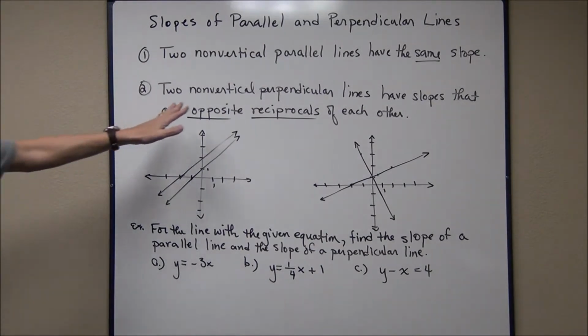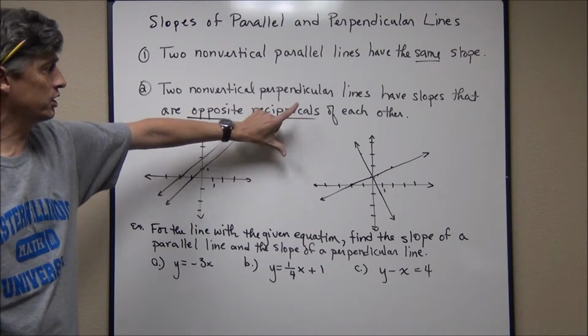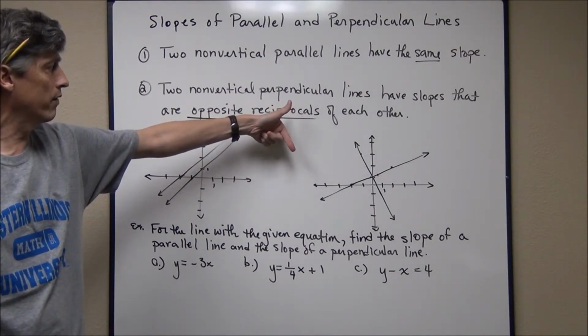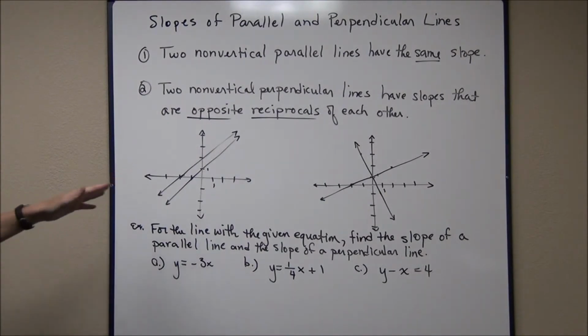Now that's a lot. Opposite reciprocals. Opposite means the signs are different, and reciprocals, remember with fractions, is where you make the numerator the denominator and vice versa. So in this first example, I've drawn, not very well, but I've tried to draw two lines that